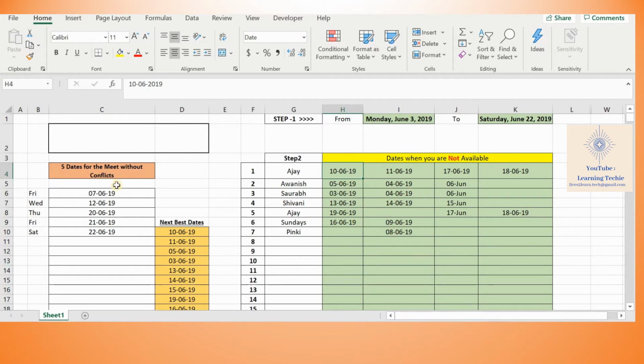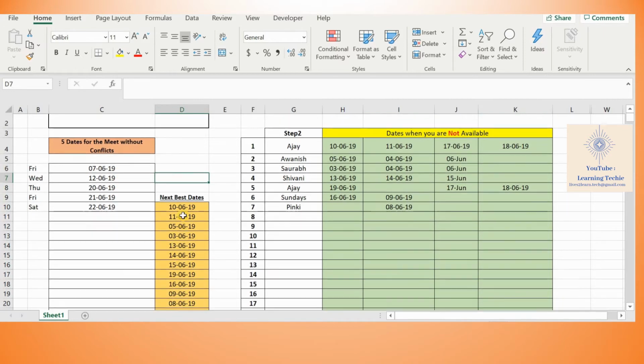Based on this, automatically this tool will give you the best 5 dates for the meeting without conflict in ascending order. That is, 7th June comes earlier, so 7th June is given first preference. But these 5 dates for the meet are without conflicts and can be done easily. Now, let us say that for some reason there are no dates here.